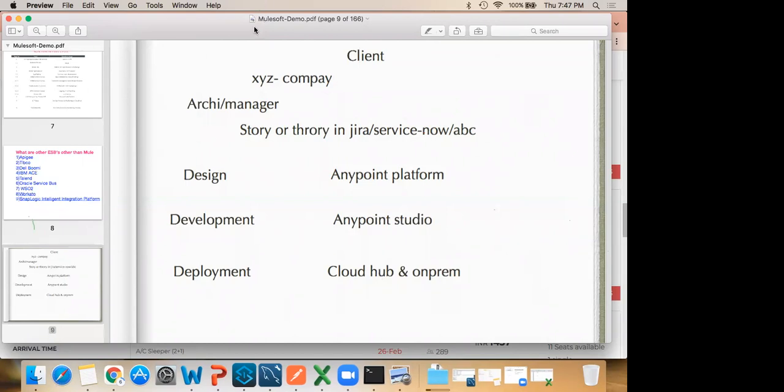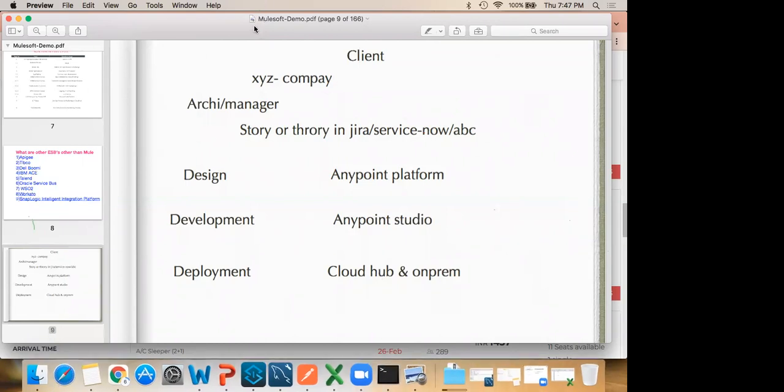Sir, do Swiggy and Zomato use MuleSoft to develop their applications? We can use it, I can't say exactly. I'm not saying they use this because I did not implement that app, right? So I gave the example saying that MuleSoft we can use in all these kinds of apps. Generally will they use it or can they use it, okay.